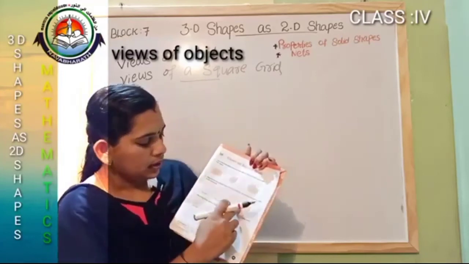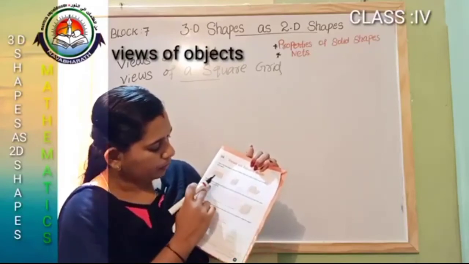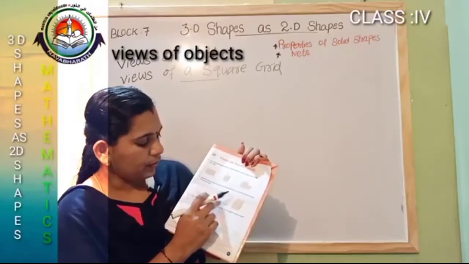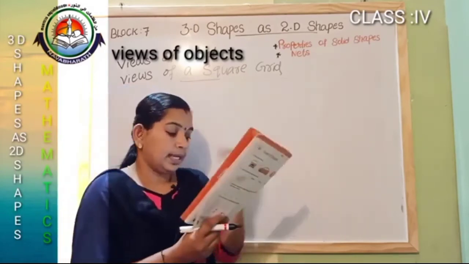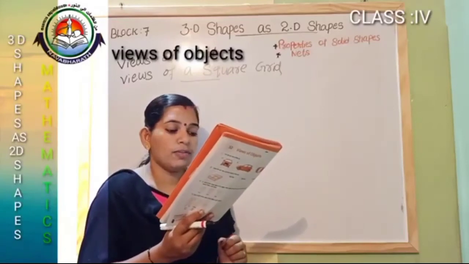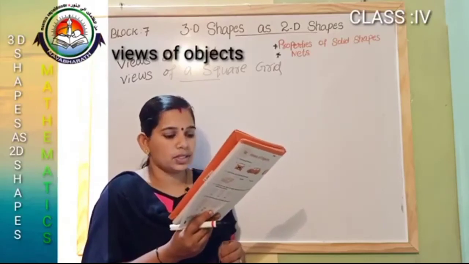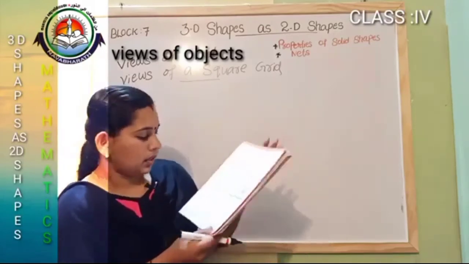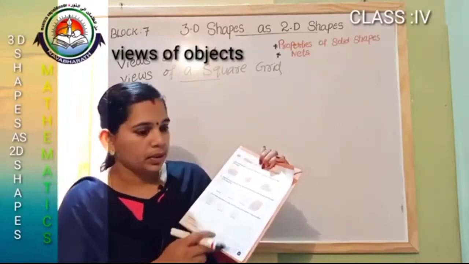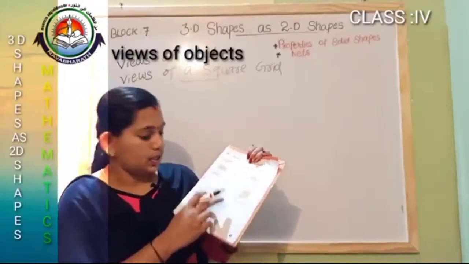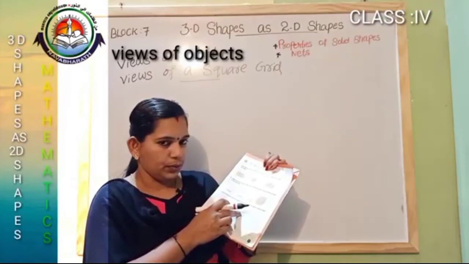Here one figure is given. So you want to draw the top view here, side view here and front view here. Okay, then look at these three views of an object. How many cubes will be needed to make the object? Here three views, top view, side view and front view, are given. This is the top view, side view and front view.